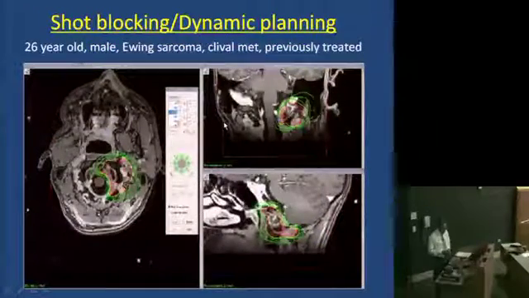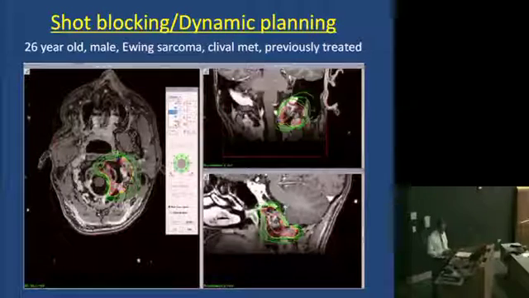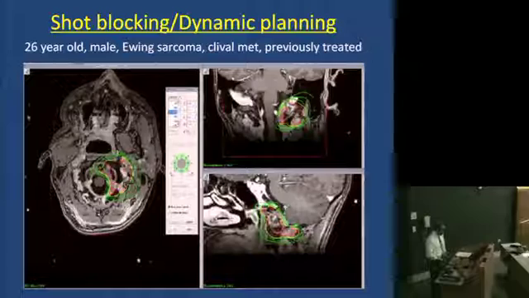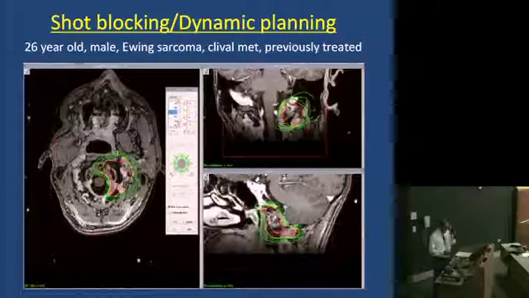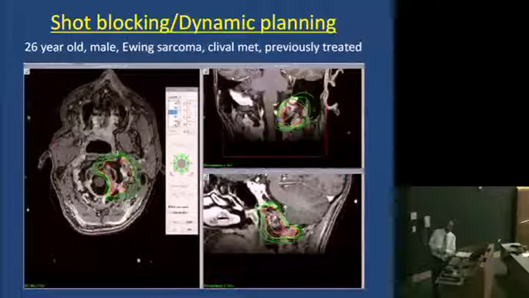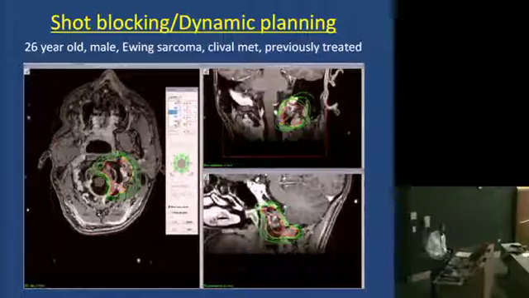So to give you an example, this patient is a 26-year-old patient who had Ewing sarcoma of the clivus. The patient already has had radiation treatment, so the brainstem and the spinal cord were maxed out. By using gamma knife at the skull base, you can see, you can shape your beam any way you like. So you can deliver high dose of radiation to this area while decreasing radiation to the brainstem.